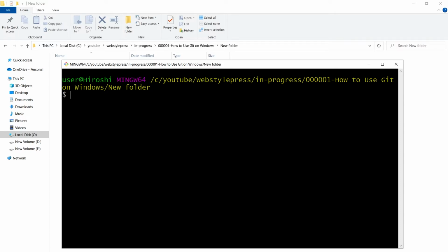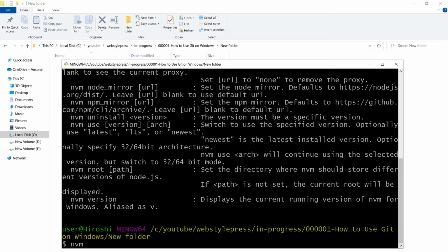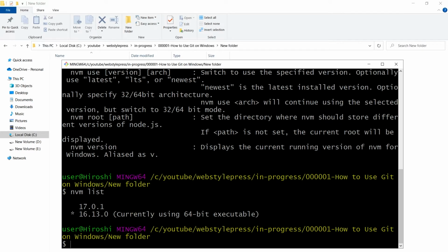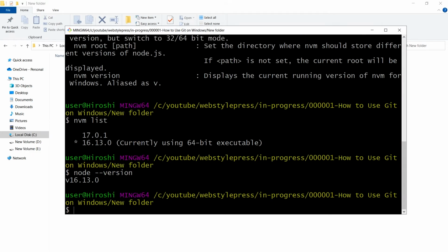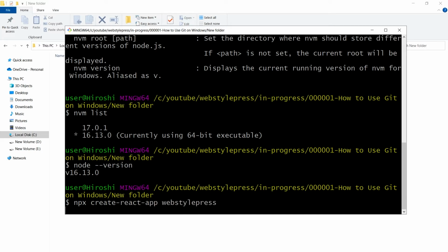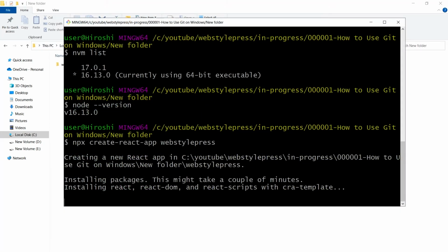For example, I have already installed NVM and Node.js in my system. NVM list, Node version, npx create React app, WebStylePress. With Git for Windows, you can clone repos from GitHub, pull, commit, push repos, and do